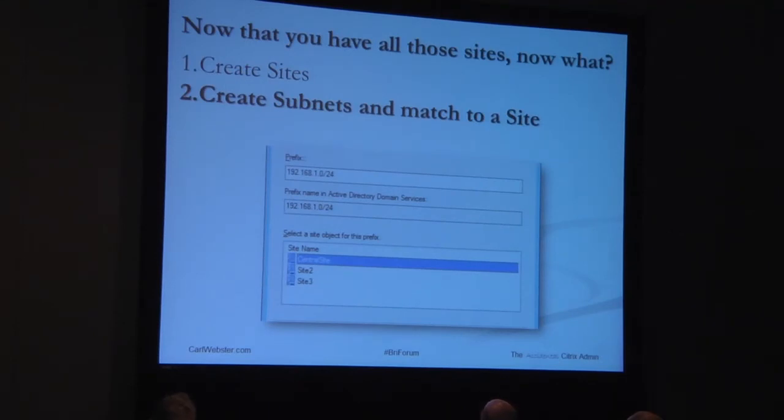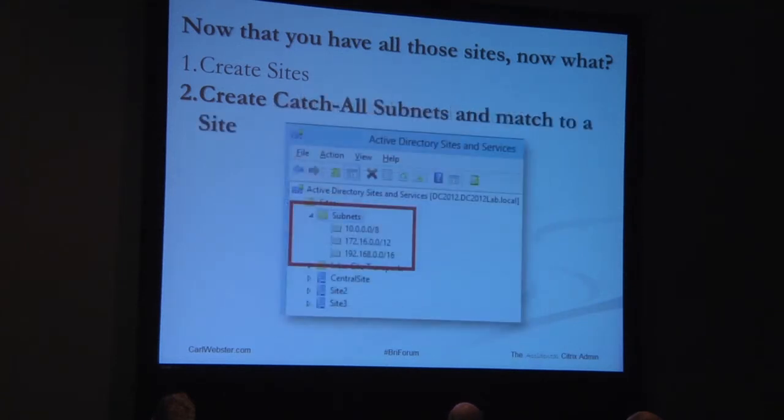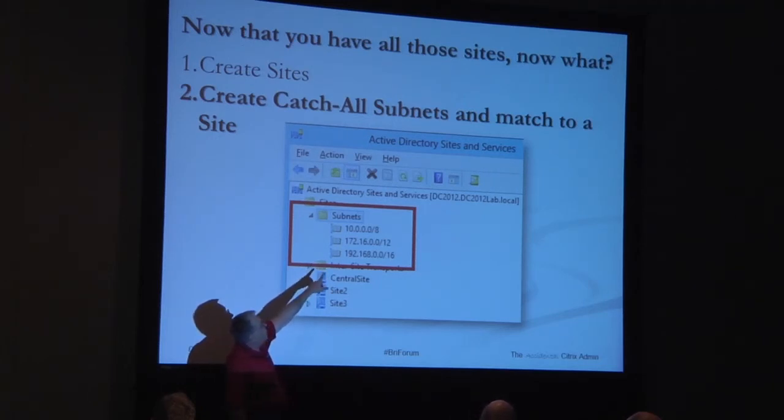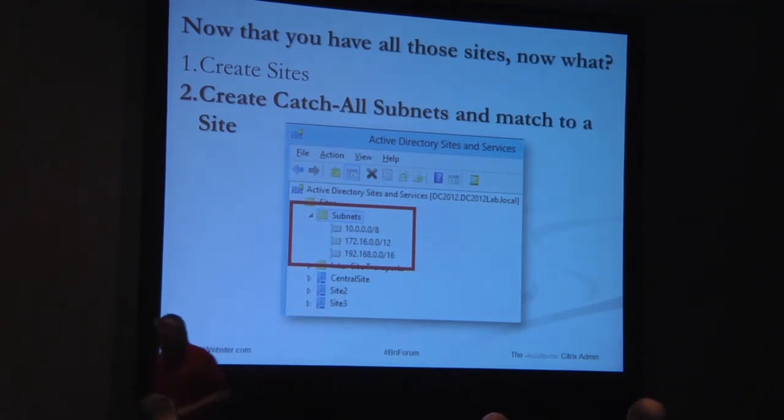And then you're going to create the subnets, and then you're going to match them to a site. And then you can also create catch-all subnets and match them to a site. So if you know that the central site is going to handle everything that has a 10 dot IP address, you can create a subnet that says 10.0.0.0/8, and it'll be the central site. 172.16.0.0/12 will handle site 2, and 192.168.0.0/16 will handle site 3. So that way, if